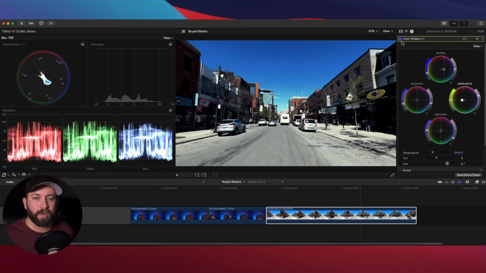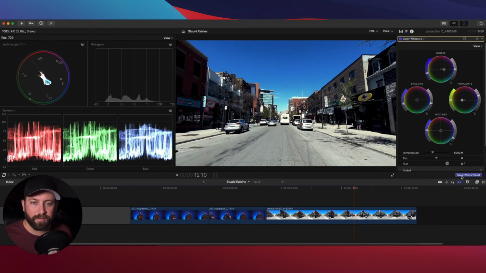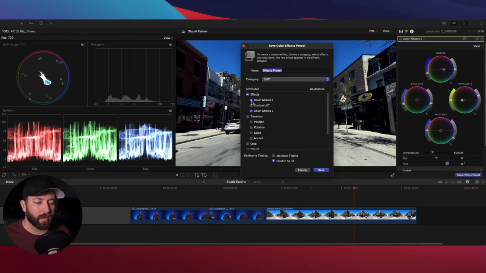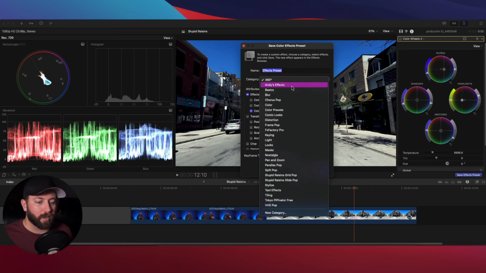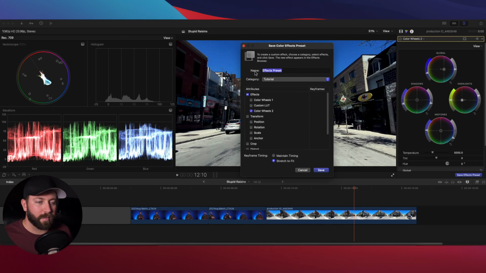All right, so let's see what effect that made. Oh yeah, quite a difference. So let's say we love that look and we want to modify that with the rest of our project. Click on Save Effect Presets. Now in these other clips, we've done our own color correction, so we don't really want to mess with those. So we're going to focus on just the color wheels too. So we'll uncheck everything else but those new sets of color wheels. We'll find a spot to put all these. Let's name this